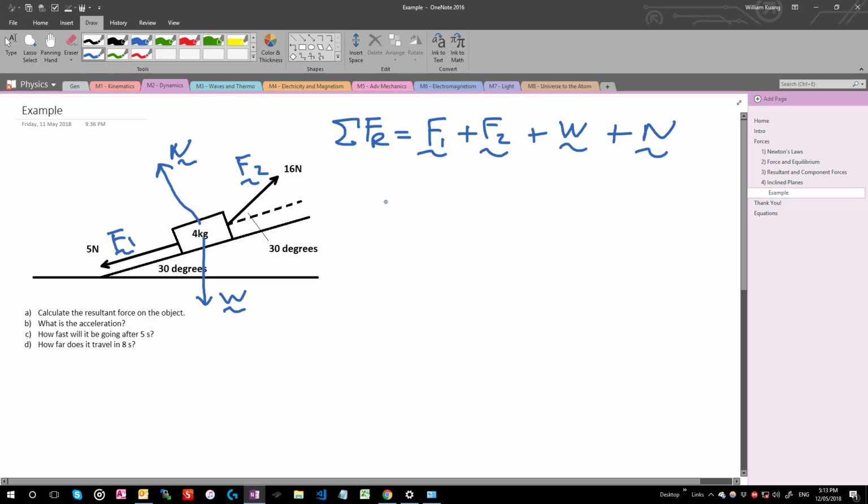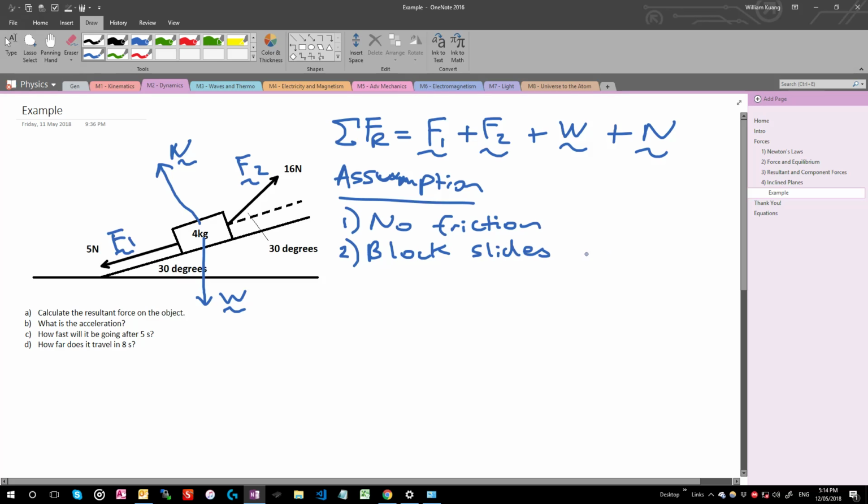We can take a slight shortcut to speed up this process. The shortcut I'm going to be using is going to be listed in the assumptions. The assumption we're going to make is 1, no friction. No friction is implied in this question because there was no mention of a friction coefficient. That's not really the shortcut I'm talking about. The shortcut is really in part 2 of my assumption,